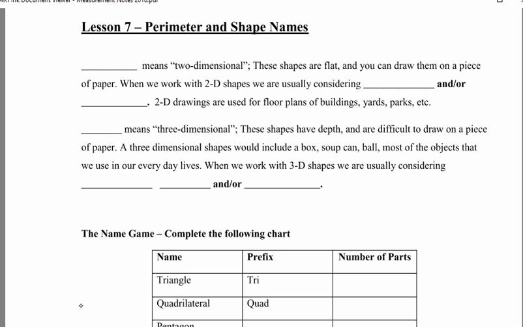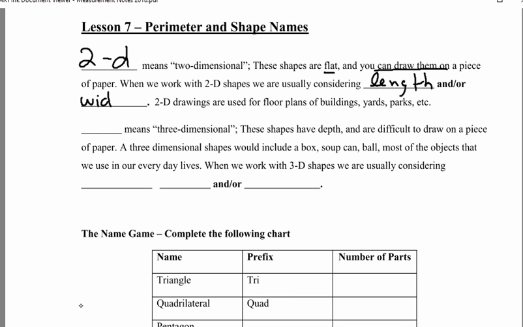So calculations, let's start with, I believe this is page 25, perimeters and shape names. That's what we're going to look at today. First couple lessons, we're going to focus on two-dimensional shapes. 2D meaning two-dimensional. They're flat. They're things that you draw. All right? When we work with two-dimensional shapes, because you're drawing, you're usually looking at a length and a width